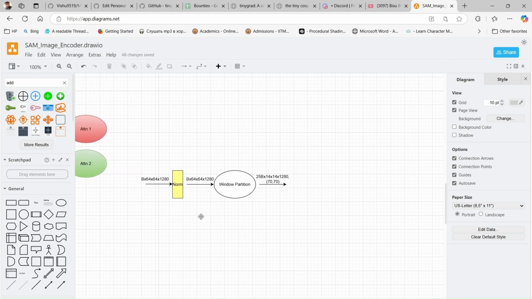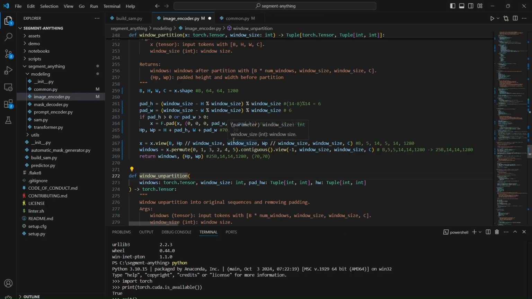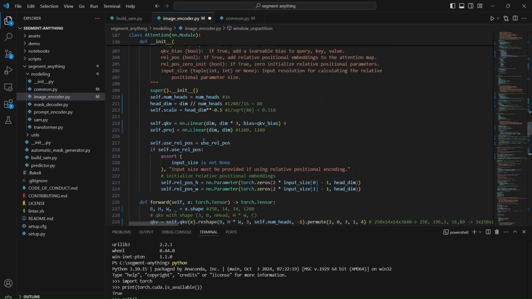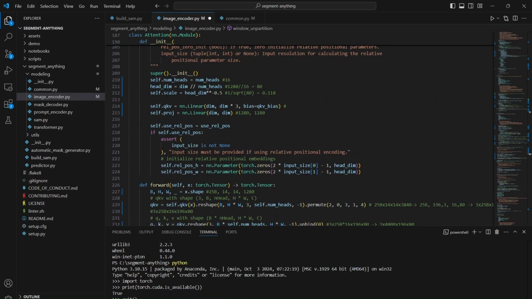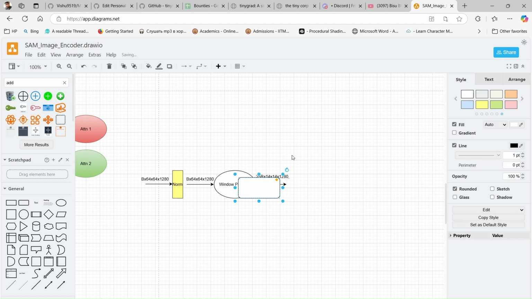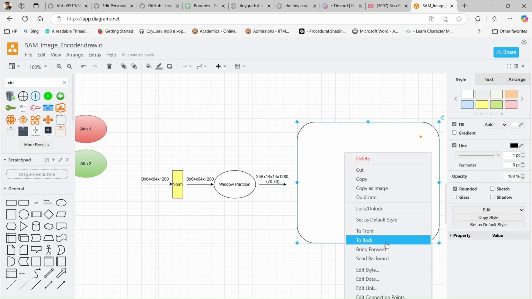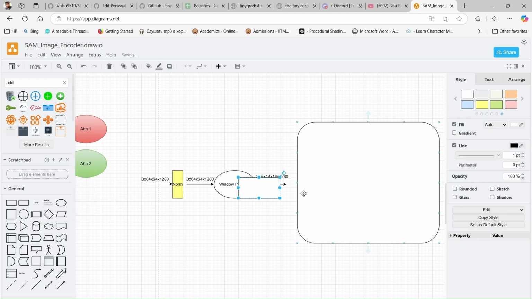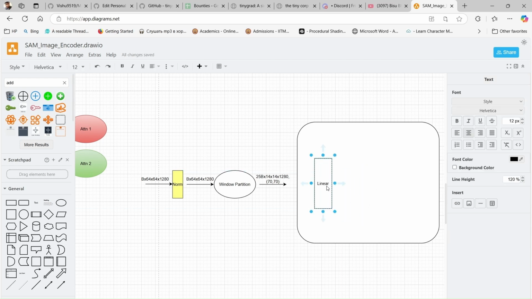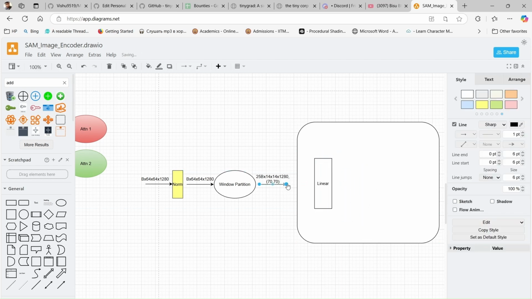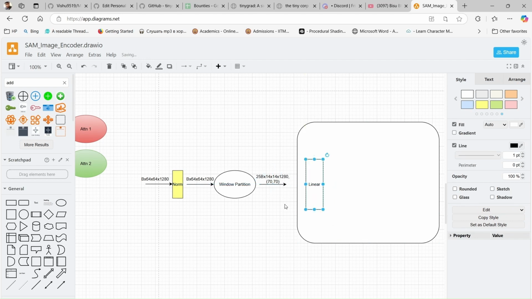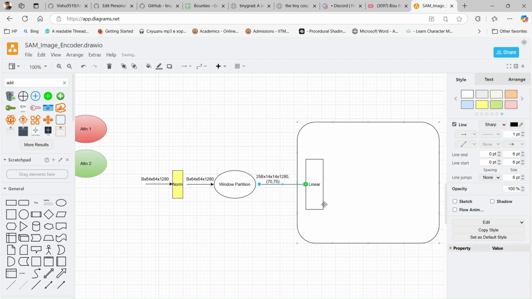So how do I do it? Inside the attention block we had a QKV layer, so I'll draw it here. Let's keep this as the bigger block, send this to back, and add something here. Since I have to add a linear layer, I'll make it like this. So this is our linear layer that will have this as the input, and the output